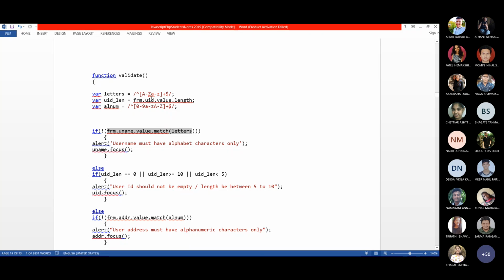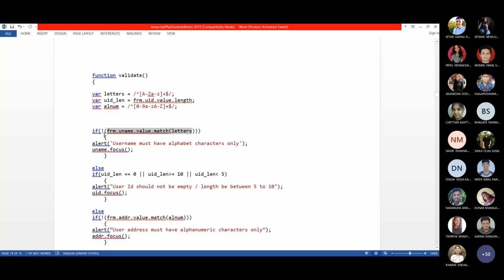Letters is the A to Z. So in the string I entered, SIS, if one or more occurrences of capital A to Z or small a to z are there or not, it will find. If it finds, it will display all those findings as elements of an array. Because the match method's result will be an array.